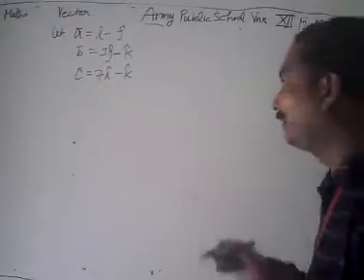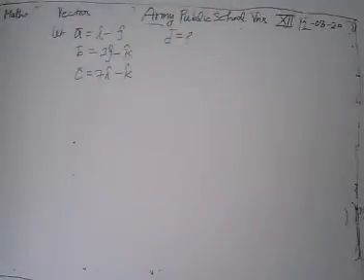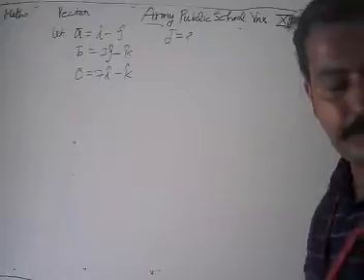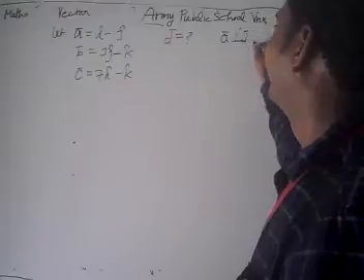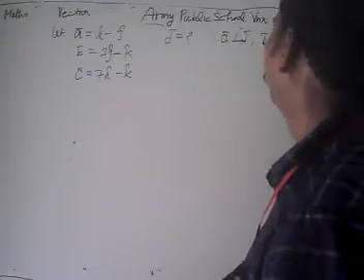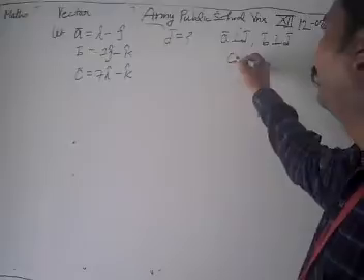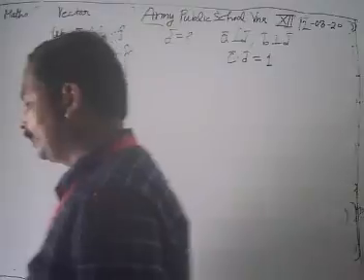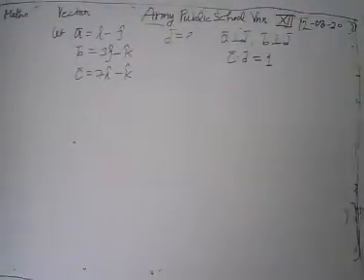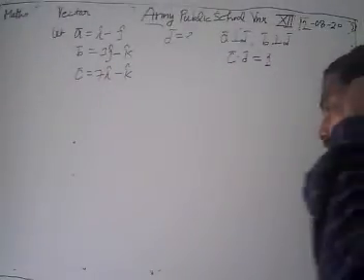Now we have to find the vector D which is perpendicular to both A and B. It's given that vectors A and D are perpendicular, vectors B and D are perpendicular, which is perpendicular to both vector A and B, and also given that vector C dot D is 1. So now look, it's one of the important problems. Please see the solution carefully.